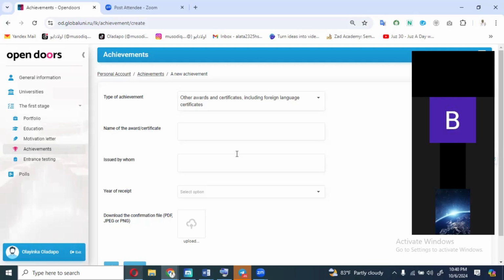You may not get a point for it, but it's going to add up to the document that they will consider for you. So please don't think that because you don't have TOEFL or IELTS, you should leave this empty. No, don't leave it empty. Upload your WAEC or NECO, whichever one is available. So, going further,